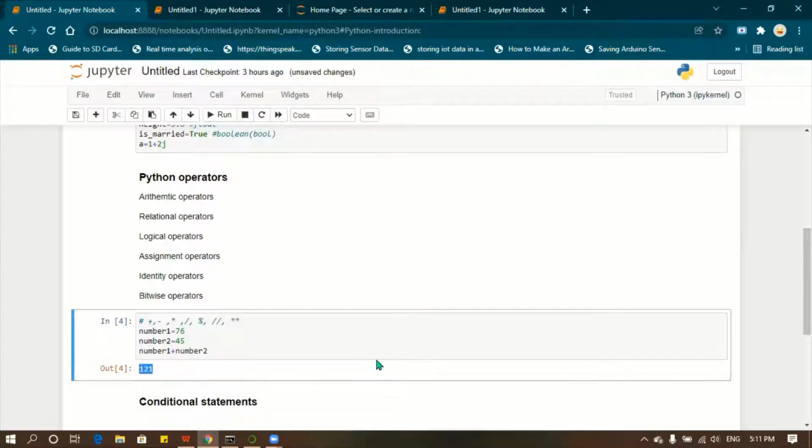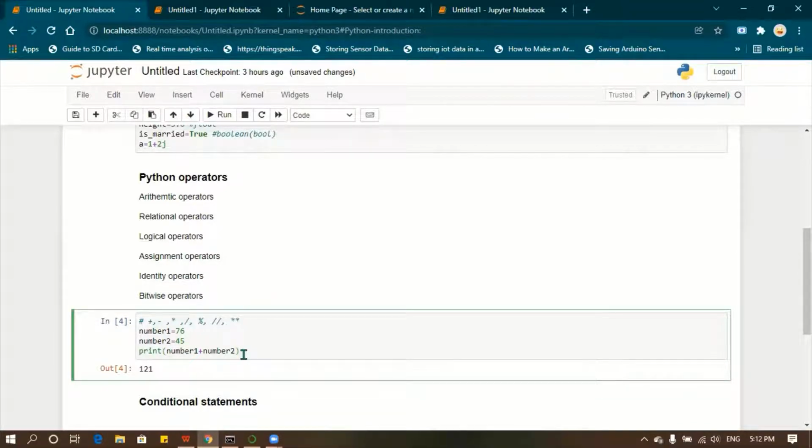In Jupyter Notebook, if you simply run this, it will show you the output because it is interactive Python. You don't need any other function to show the output. If you are using Spyder IDE and similar tools, you have to use a function to show the value to the user. That function is called print.